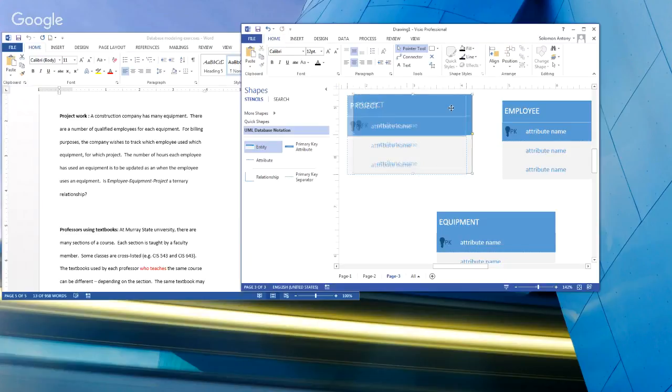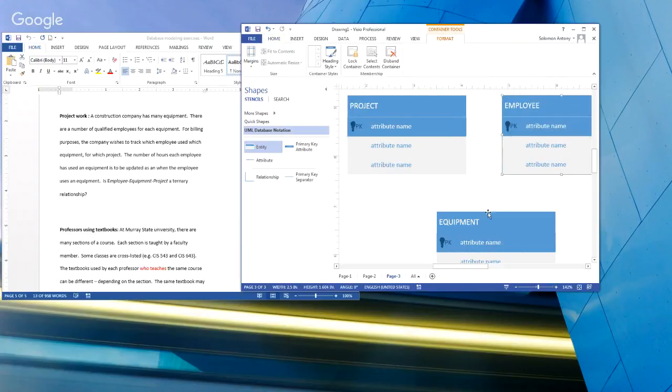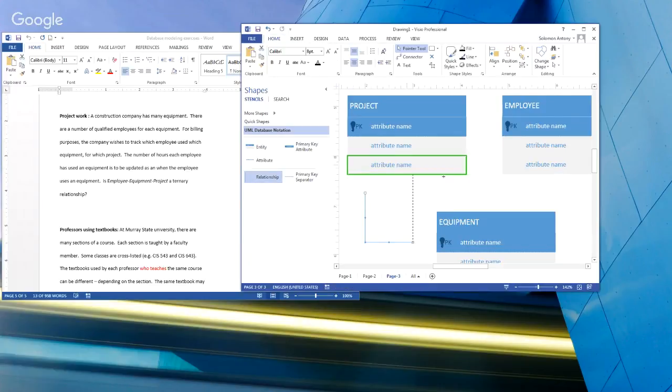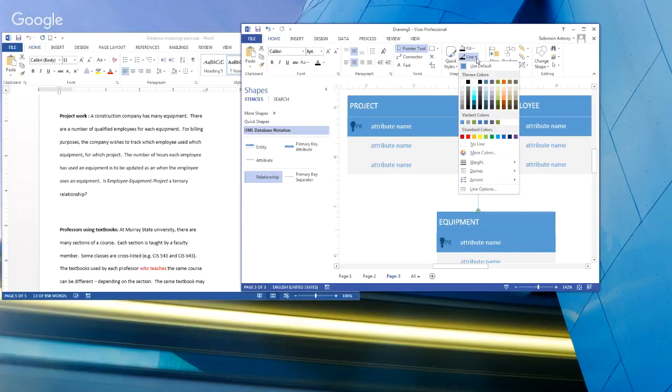So a ternary relationship involving three entities, and unfortunately in Visio it doesn't have a three pointed line, so I'll have to make do with some kind of a binary relationship here, but make it look like ternary. Okay, so this one, make it line